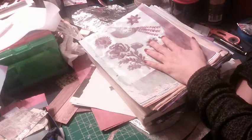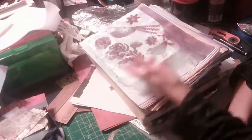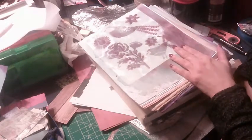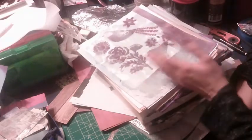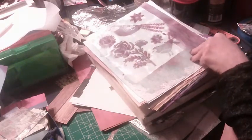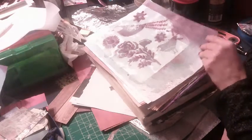Now, there are so many videos on YouTube about dyeing paper for junk journaling and scrapbooking. And so, unless y'all ask me to, I'm not going to give you a tutorial on how to do it, except for a few of these that are kind of methods that I haven't seen anybody use, like this one, for instance. This is using acrylic paint, and actually I believe this is acrylic paint that I had watered down